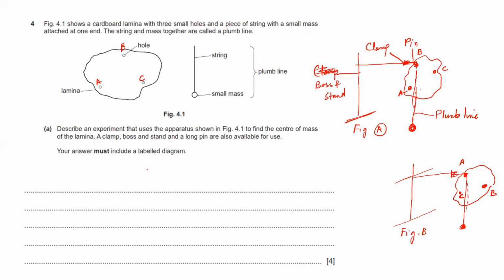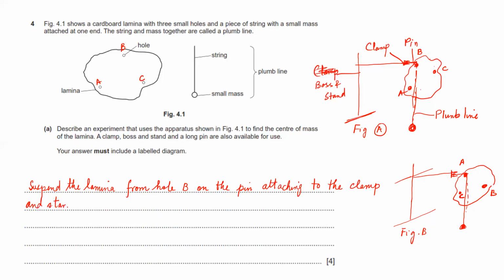Okay, so now let's try to explain this part. So first of all, you basically suspend the lamina from hole B on the pin attached to the clamp and stand as shown in fig A. Okay,